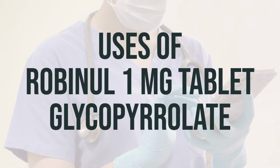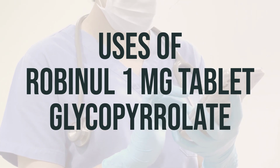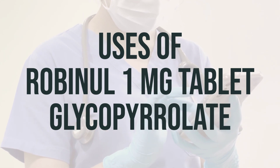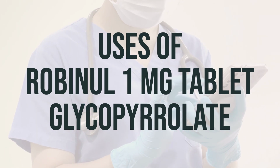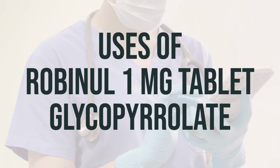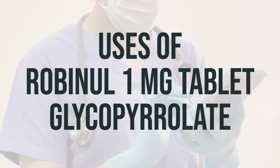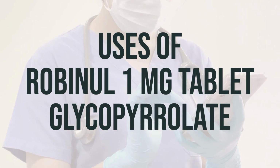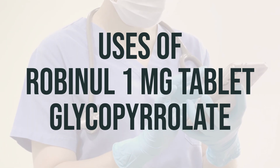Glycopyrrolate, also known as Robinul 1 mg tablet, is used in combination with other medications to treat a specific type of stomach or intestinal ulcer, known as peptic ulcer. This medication can help to alleviate stomach and abdominal pain. However, it has not been proven to be effective in healing ulcers, preventing their recurrence, or preventing other issues associated